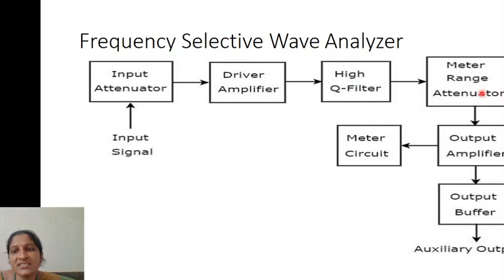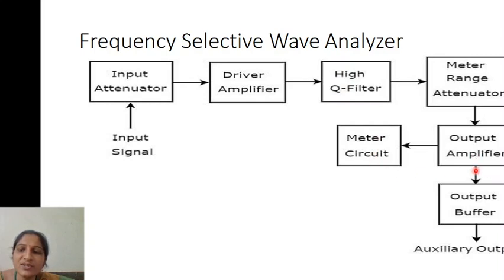So the meter range attenuator means the frequencies which are greater than the meter range are stopped by the meter range attenuator. And from this it is given to the output filter. This output amplifier will strengthen the signal at the output side. It will strengthen the weak signal at the output side into a healthy signal. So that is given to the meter circuit, so that you can see the output here in the meter